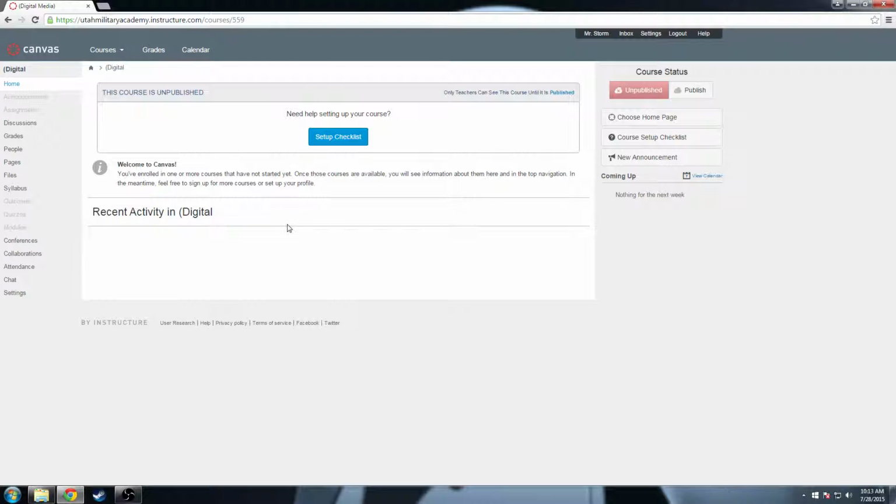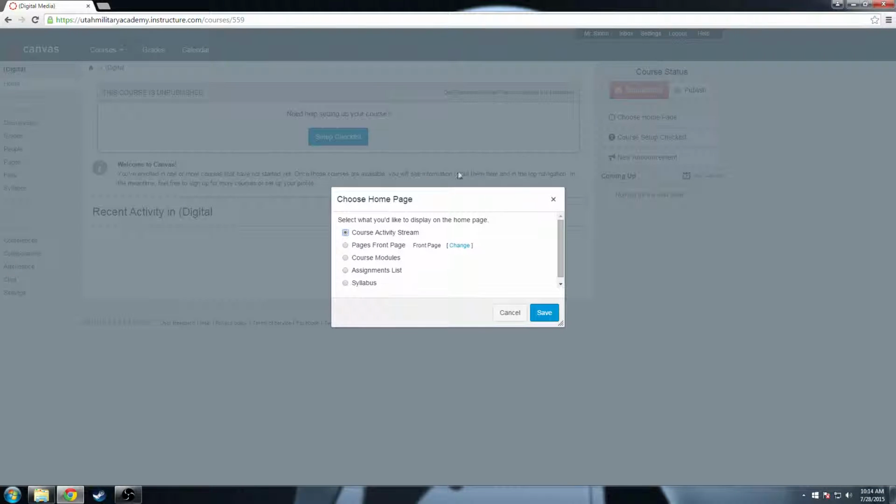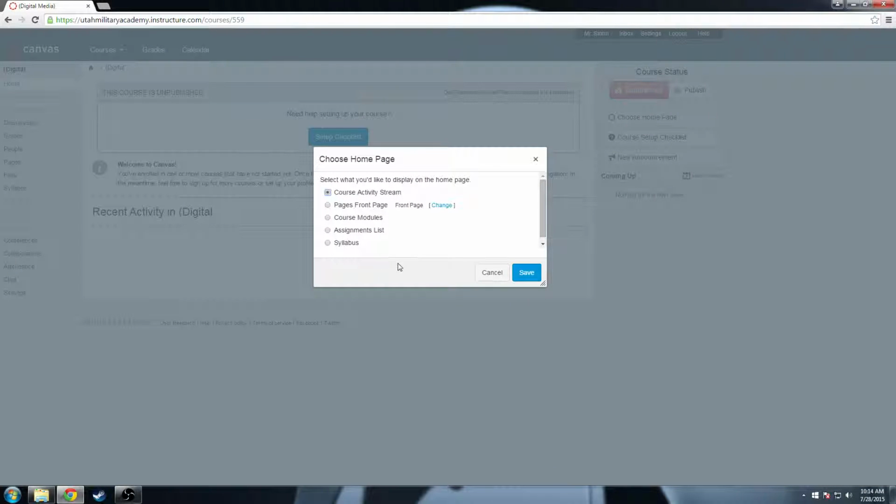Well, there's one more step that we have to take in order to change the front page content. And the way that works is we go over here to Choose Home Page, click on that, and it'll bring up this menu. And what I can do is I can change it to the course activity stream if I want. I can change it to the pages front page. I can change it to course modules, assignment list, yada, yada, yada. What I'm going to do, though, is I'm going to click this Pages Front Page. And remember, we've already created this front page, and we told it what to do. So if I click Pages Front Page and save,